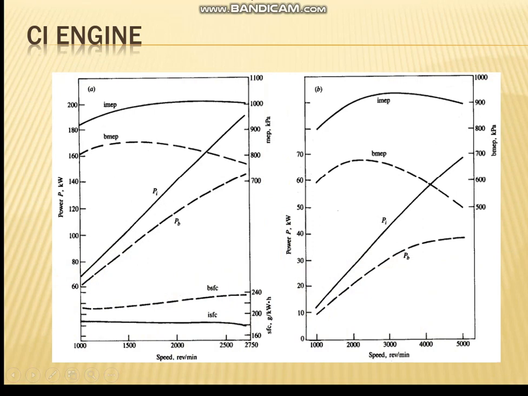These are the different parameters for different engines. We can see indicated power, brake power, BSFC, ISFC, brake mean effective pressure and indicated mean effective pressure, and how these values go. At lower speed, and at middle range, we get the maximum, and at very high speed they start decreasing. Indicated power first increases, and when operating above the operating range, it starts decreasing and friction power increases.